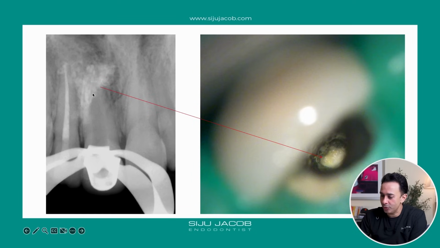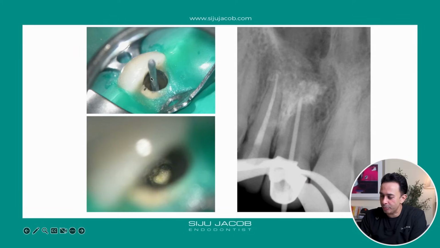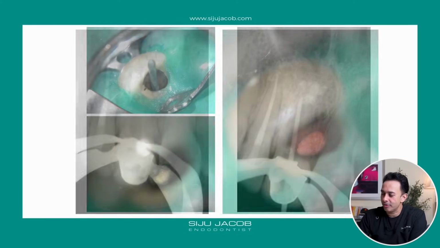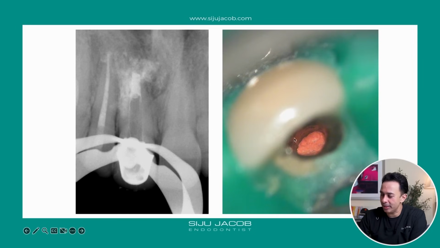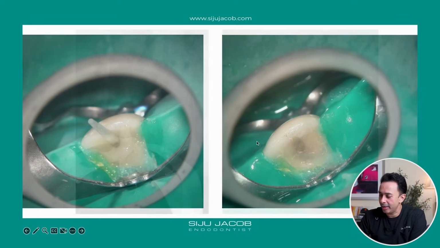But that barrier is what you want to see when you recall these cases if you're aiming for apexification. Once you know that the barrier is solid, and that's the view you get through a microscope of that apical barrier. I verified that if you put a cone, it was meeting resistance there. So we have a nice little barrier, and you can condense whatever you want against this. In this case, I injected gutta-percha from a backfill device straight into the apical area, and it can withstand the condensation pressure. And then I put a fiberglass post for additional strength.